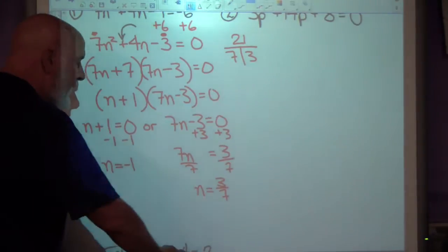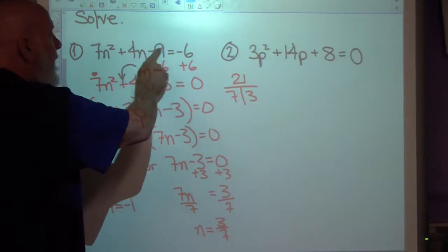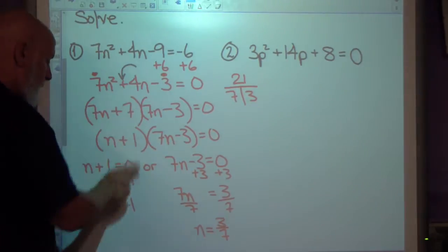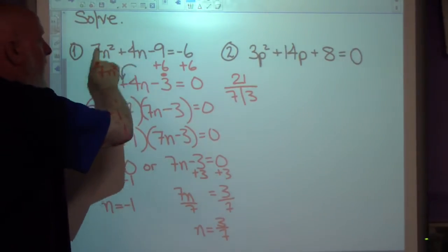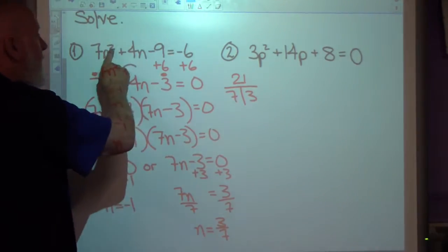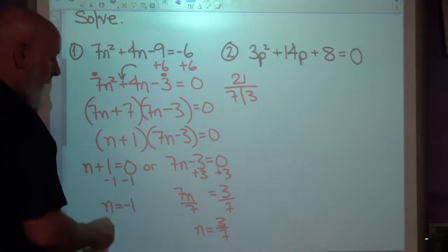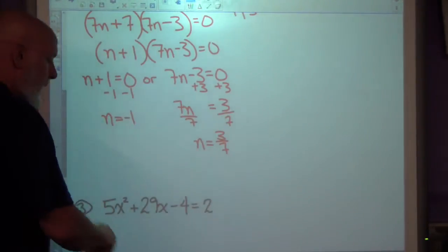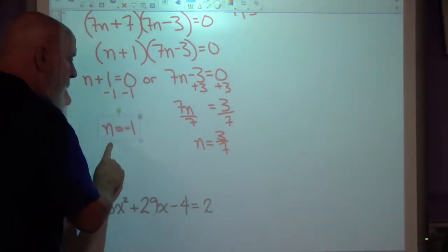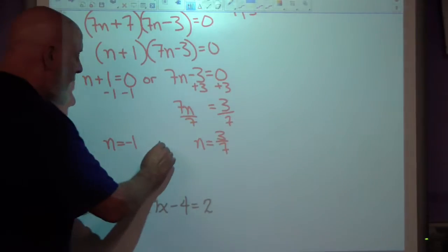So those are our two values that I can plug into this equation right here that will make this true. I can plug in a negative 1 here and here, do the arithmetic, and I'll get negative 6. Or I could plug in 3/7 here and here, do the arithmetic, and I'll get negative 6. So those are our two solutions, and usually on the key, or in your multiple choice scenario, they'll